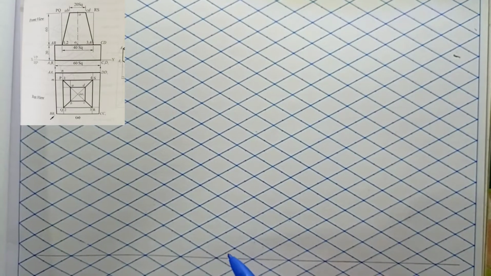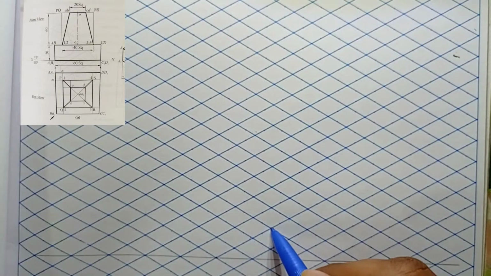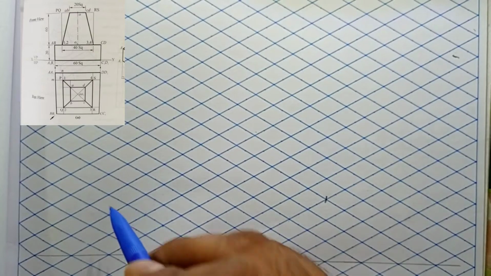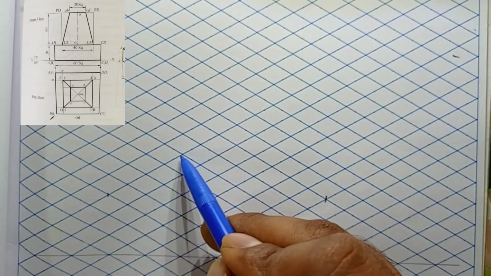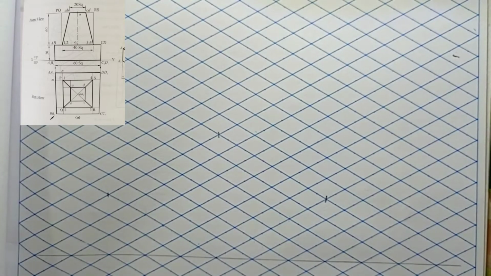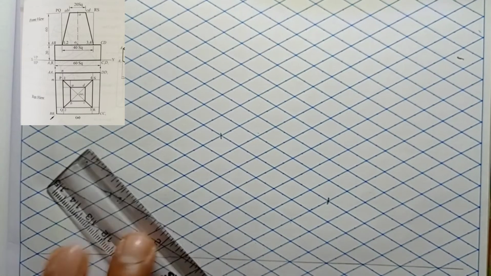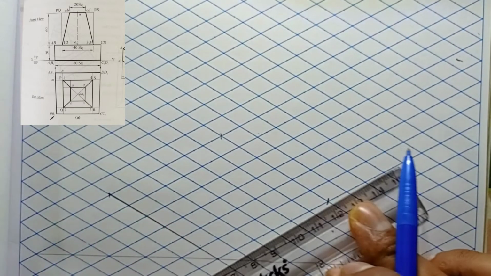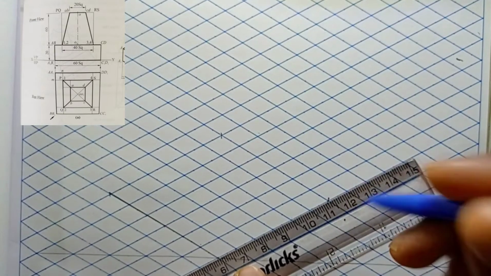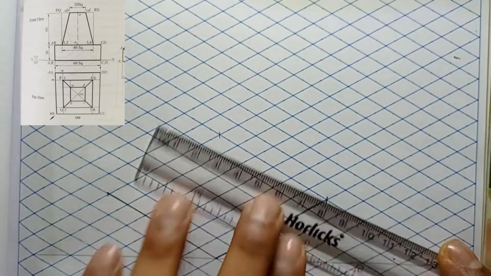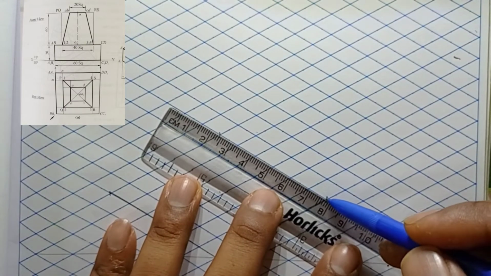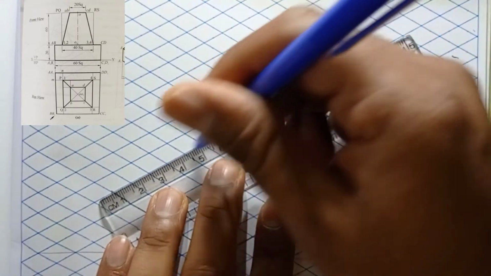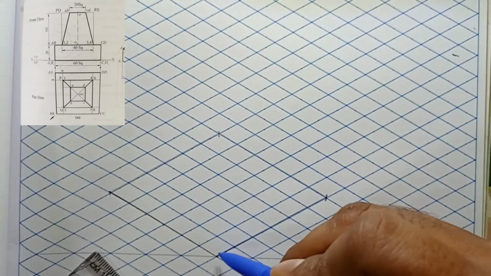So now let's start with the square slab. The base is given as 60. Count it exactly, two sides. Square means all sides are equal, so count 60 on both sides, and the remaining sides are also 60. So four sides of 60 are done, and you have to join the lines. This is the base of the square block. On the left-hand side you can see the front view and top view. You always have to start from the arrow mark given in the top view. So from the arrow mark, the left-hand side, the base of 60 is done.